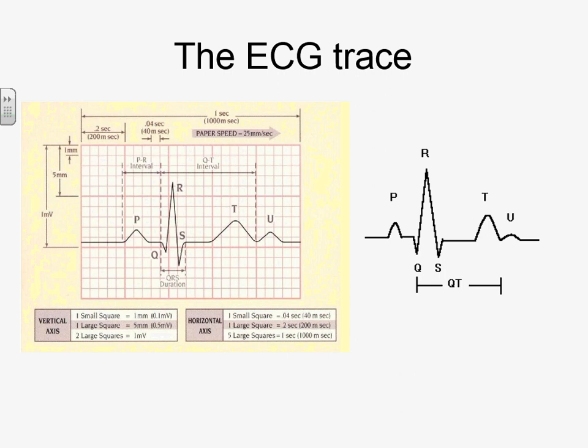But the distance between those waves, or the absence maybe of one of them, if the atria weren't contracting properly, you might not get a P wave, or it might be a very small one, or you might get several P waves before the ventricles contract. It's a condition called heart block, when it's not actually passing on the wave of depolarization properly. So you can get a lot of information about heart activity from an ECG trace.